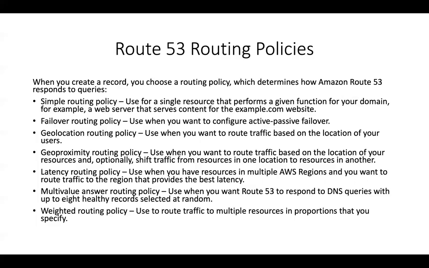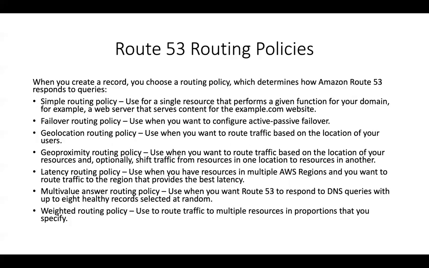So if you go with an active passive failover, fine, but if you want an active active configuration where you have two identical environments, then I would suggest going with the latency routing policy. The failover routing policy supports active passive failover, wherein if you specify using health checks that one environment has gone down, then all of your record traffic is going to go to the secondary environment, which is sitting in the Mumbai region and so on, right?